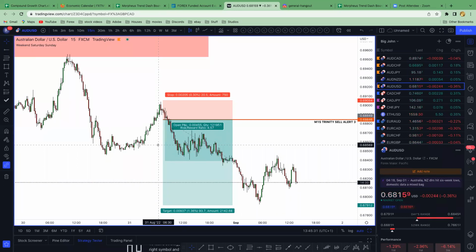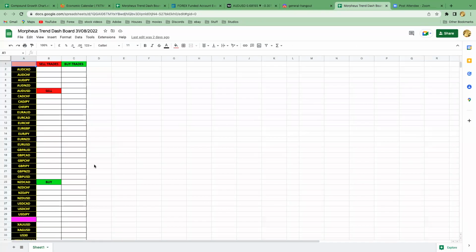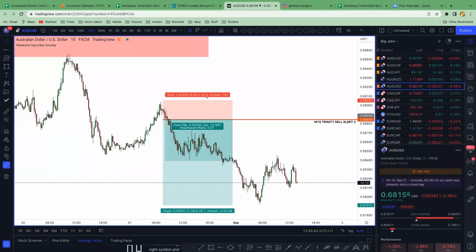And that's how it kind of works, people. It's just literally that simple. So it's very easy, the breakdown of it. So you just got to literally follow this sheet when it's given out to you every day. You can wait for the Trinity alert, or you can take trades based on how you draw price action.